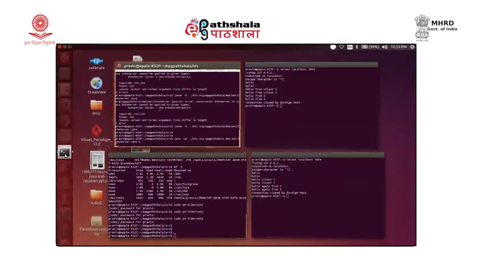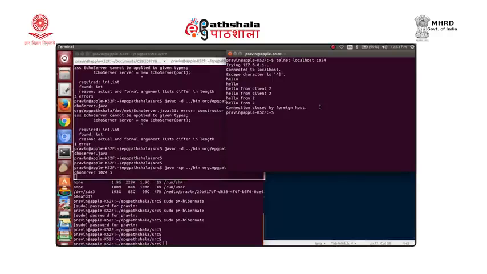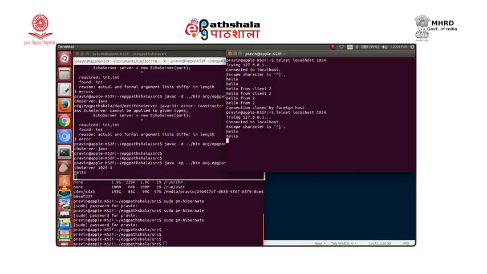Yes, the echo server is working. So, from the first client, it is working. We can have another client. Let us test with the other client. So, another client here. So, that is working too.